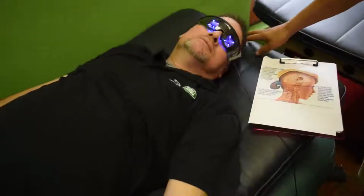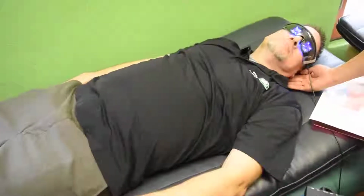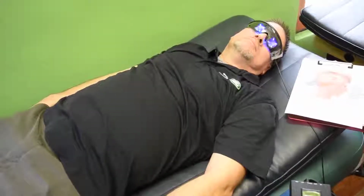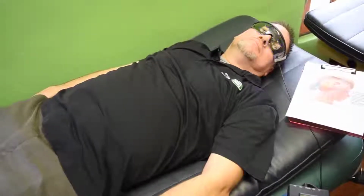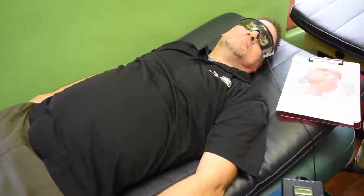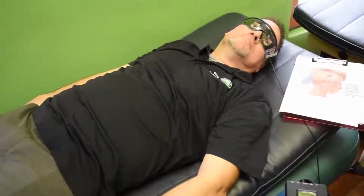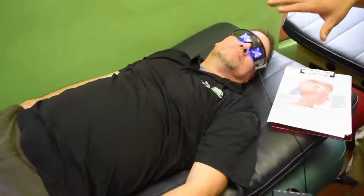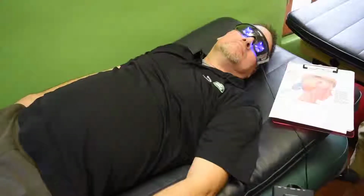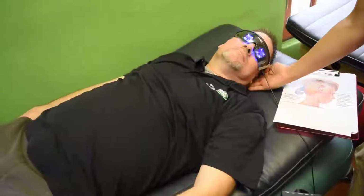What we're doing here, this magnet bed puts pulsed electromagnetic field waves into his brainstem, in the upper part of the brainstem called the mesencephalon. That's where the reticular activating system is, the part of your brainstem that wakes you up in the morning. That was damaged in the accident, so his sympathetic nervous system is always keeping him awake. That's why he can't relax. So the LED neurofeedback therapy lights will relax his brain to bring those waves down: alpha, beta, theta, delta. And the magnet will also help his brainstem